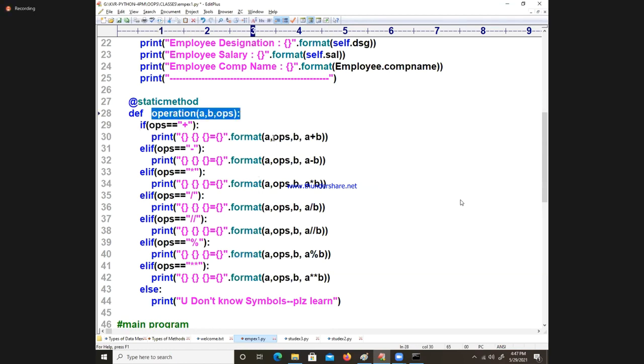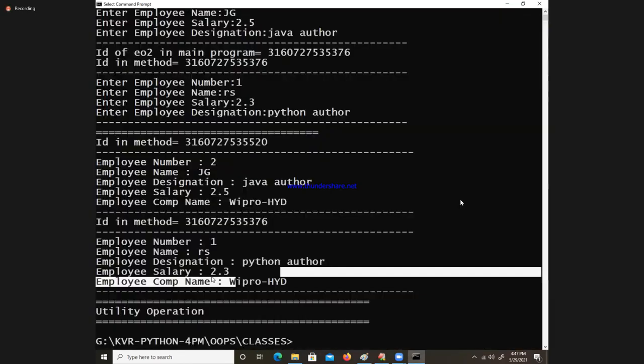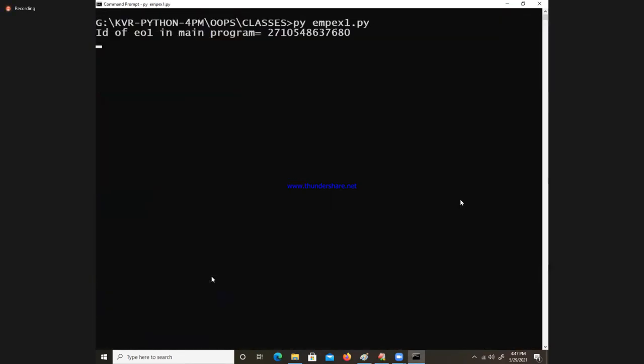Operation. Employee dot operation I am calling. What are the values I will pass? 10, 20, plus. Within the double quotes I am saying plus. Execute. Now see, I got it.